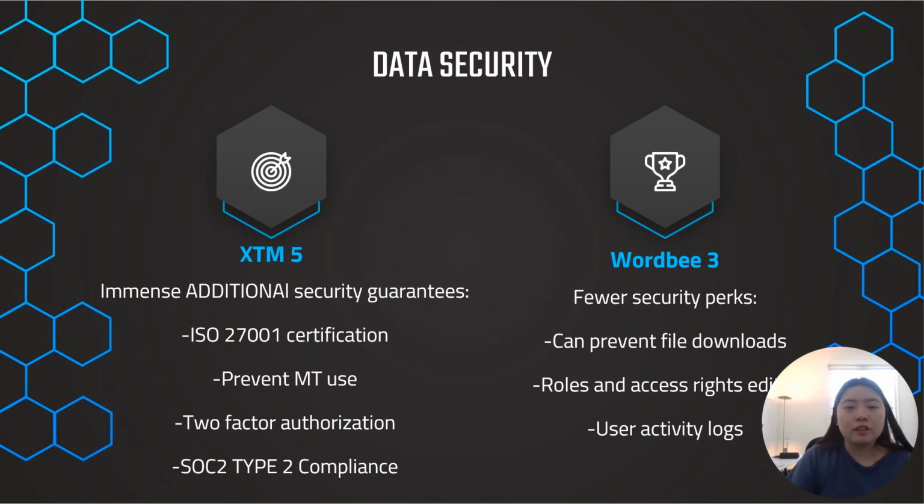Now I would like to talk about our considerations in terms of data security when rating and comparing the two TMSs together. We decided to rate WordB 3 and XTM 5. This is because they both have security perks such as preventing file downloads. They have roles and access rights to edit. They also both have user activity logs, but it just turns out that XTM has much more security guarantees that